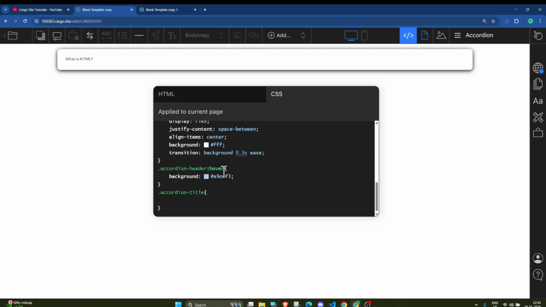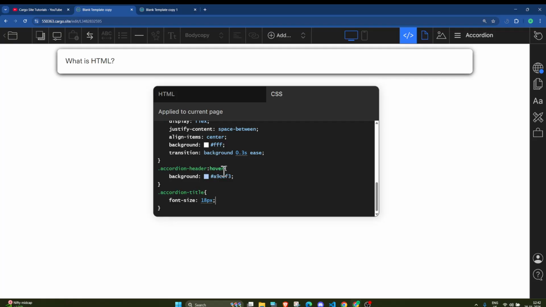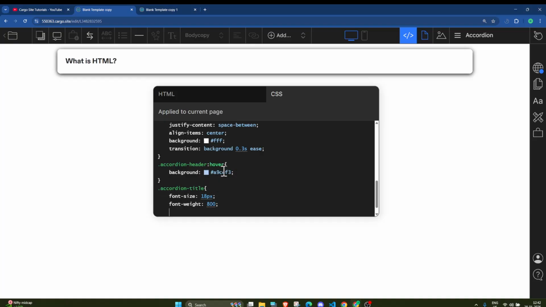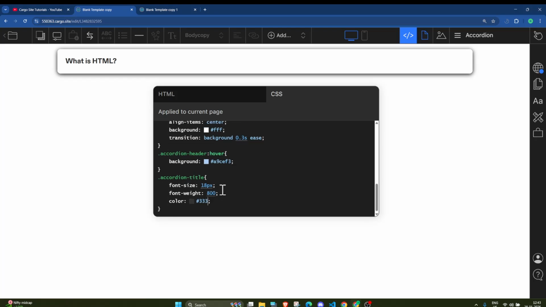Font size, I will change the font size to 18 pixel. And then font weight 800 to make it bold, and color I am going to make a little bit light blackish.